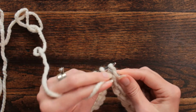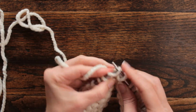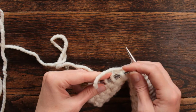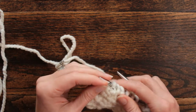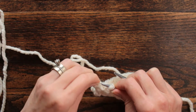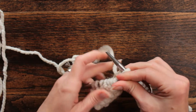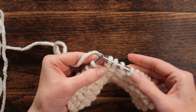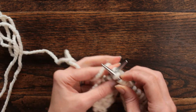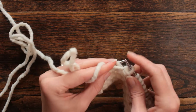Now we're going to repeat. So we're going to purl 2, and then we're going to knit 1 into the front and back 3 times. Front and back 1. Oh, and then I popped this off. This is really actually a pretty tight stitch, and I really probably need to replace this cable because I've brutalized the poor thing. All right, so we had purl 2, knit 1 front and back 1, knit 1 front and back 2, knit into the front and back 3, purl 2,